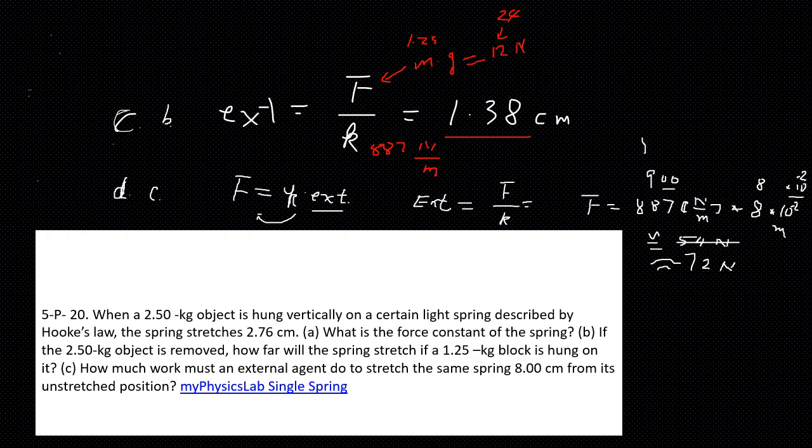So that's the spring constant. Once again, I write that clearly: spring constant times the extension and times 10 to the negative 2, converting it to meters. So your final answer will be 72 newtons. That's C. You need 72 newtons.